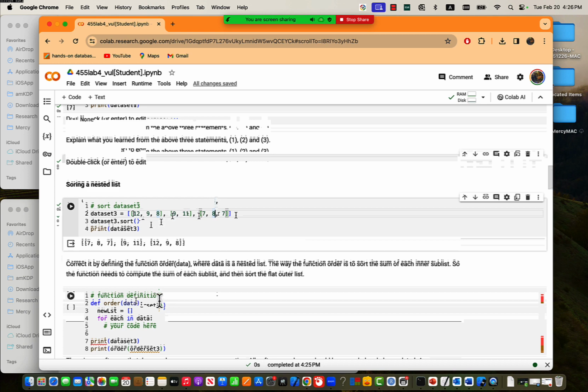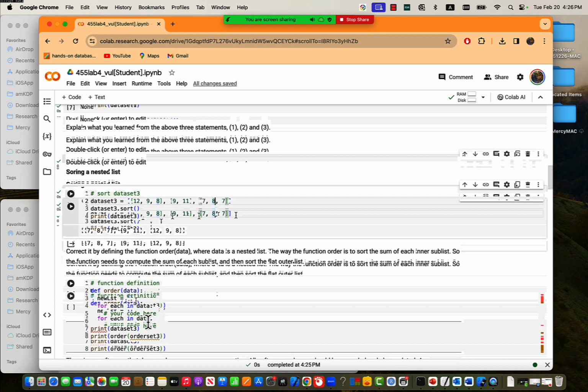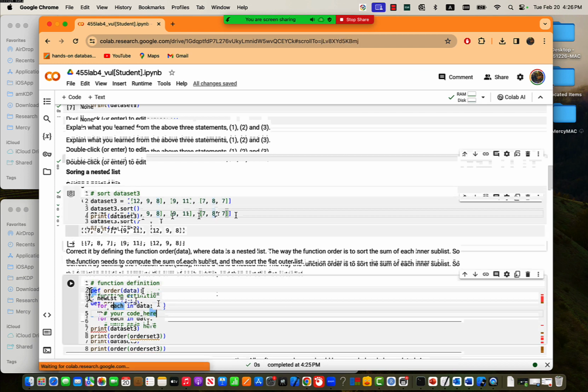So each one may have different ways that you could do it, right? So you need to make the functions to do something. So for each data, what you want to do, when you do data,